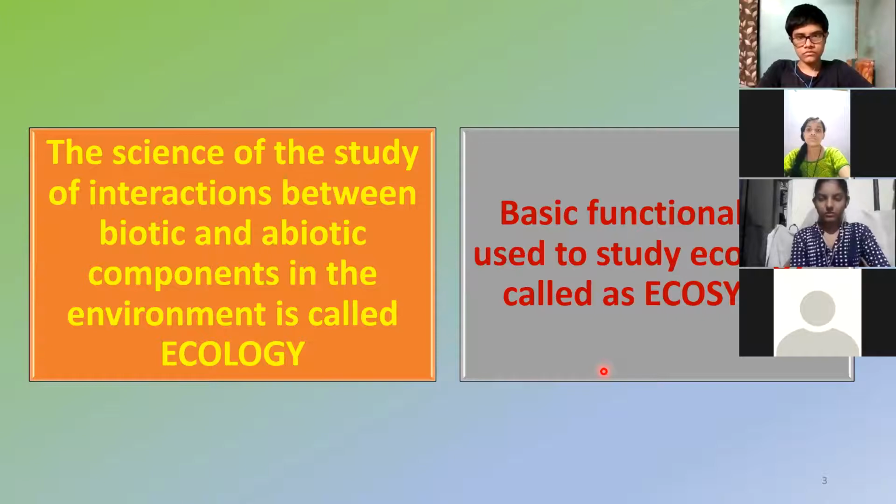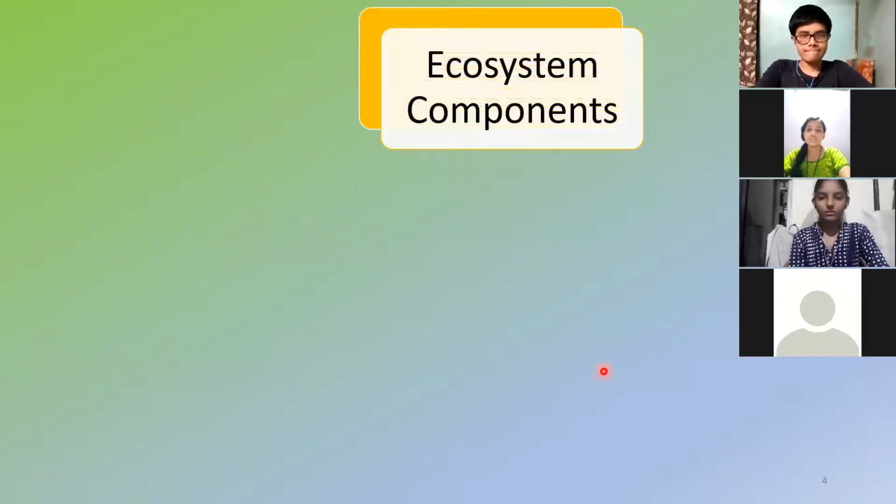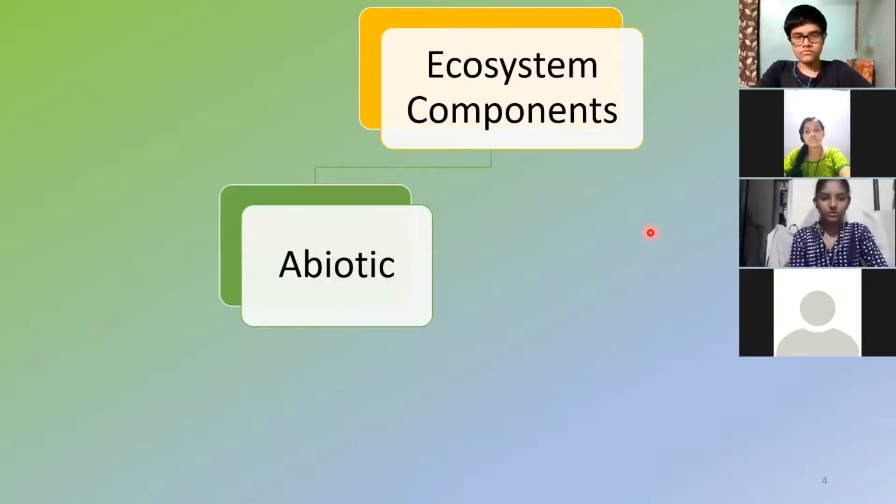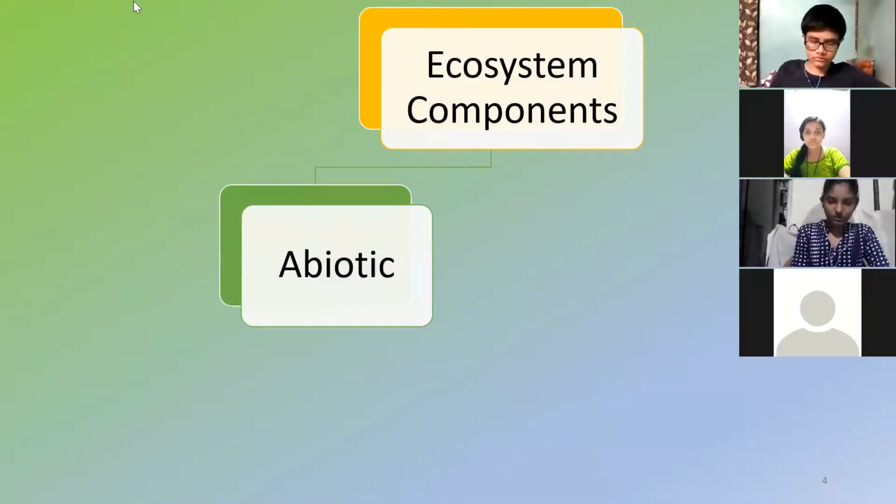So coming to the meaning of ecosystem now, we have seen the definition and the different components of the ecosystem in general. If you are calling any particular unit as one ecosystem, then what are its components? We have already seen that the first component is the abiotic component, which means the non-living components of the ecosystem. And the other one is the biotic component. That means all the living things in that ecosystem.